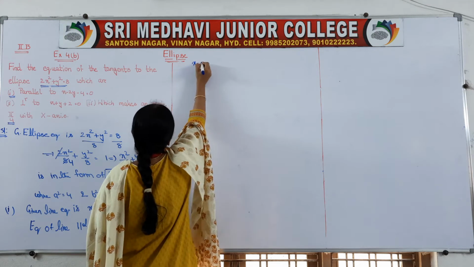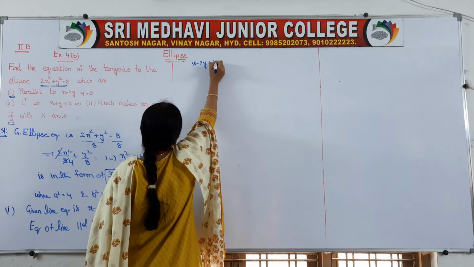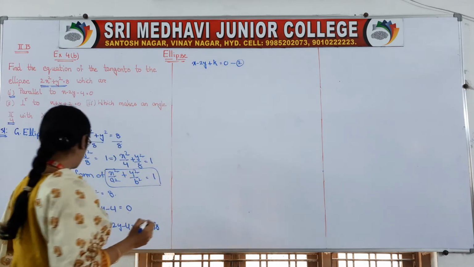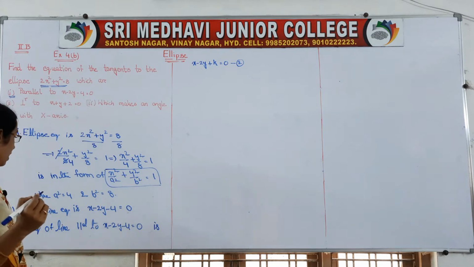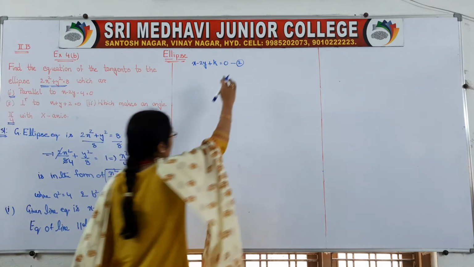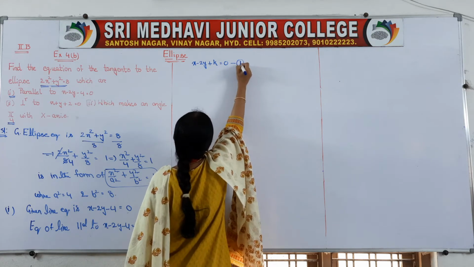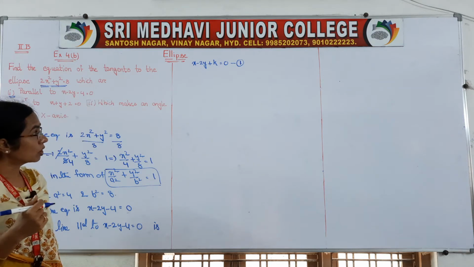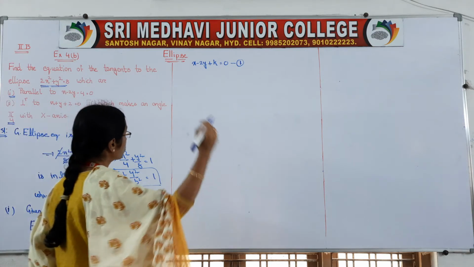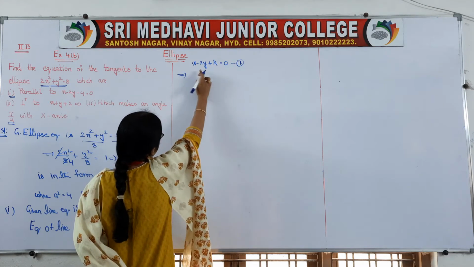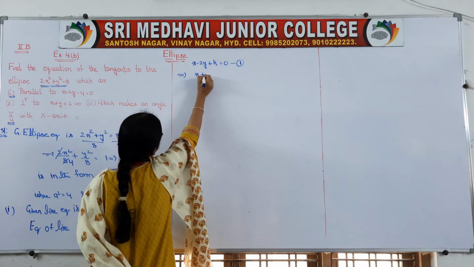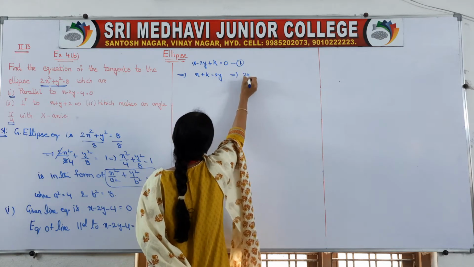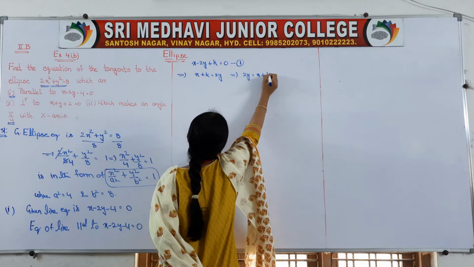So it is x minus 2y plus k is equal to 0, right. Till now we have taken any equation; you can take this as 1 only. If any equation is taken, you give that as number 2. Okay. So this is your line equation. So we can write this by sending 2y to that side. What happens? x plus k is equal to 2y. Again we can write this as 2y is equal to x plus k.